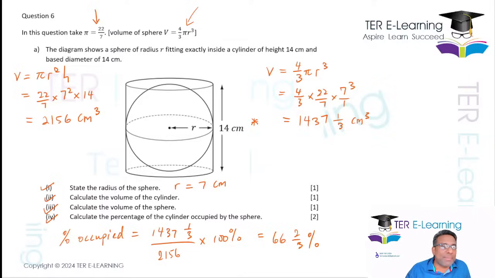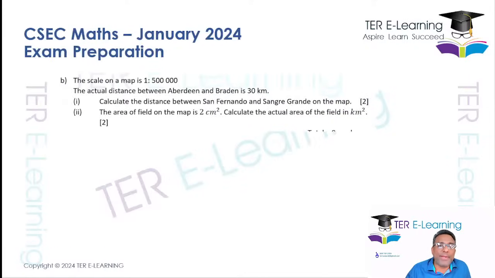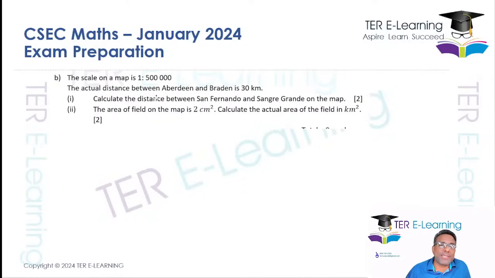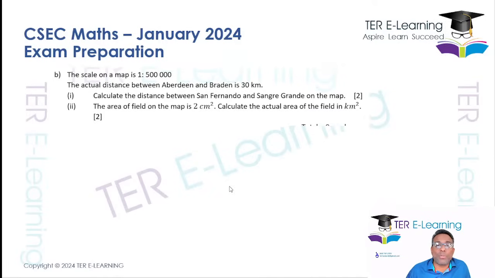Right, so that's part A of the question. Part B here, these kinds of questions are also tricky. We have a scale, and the scale is 1 to 500,000. The actual distance between Aberdeen and Braden is 30 kilometers. Calculate the distance between